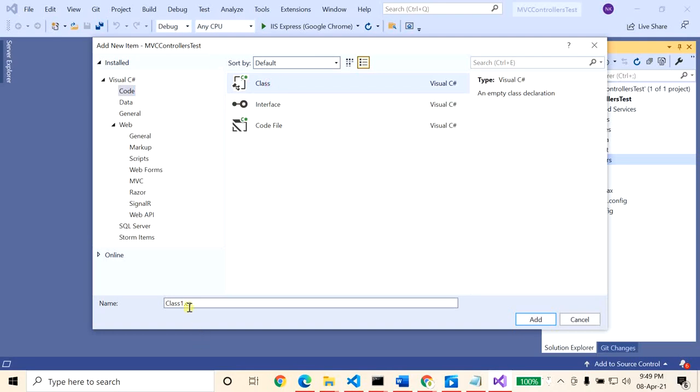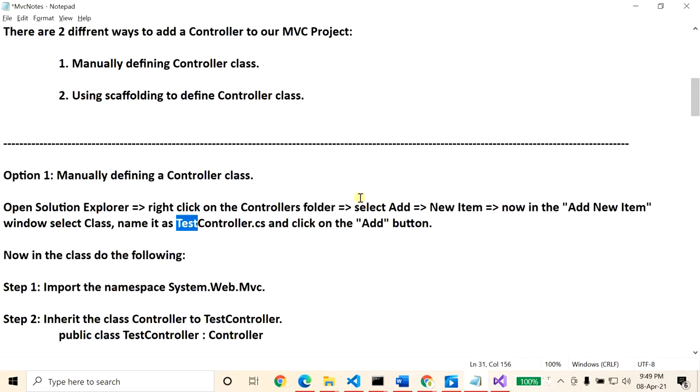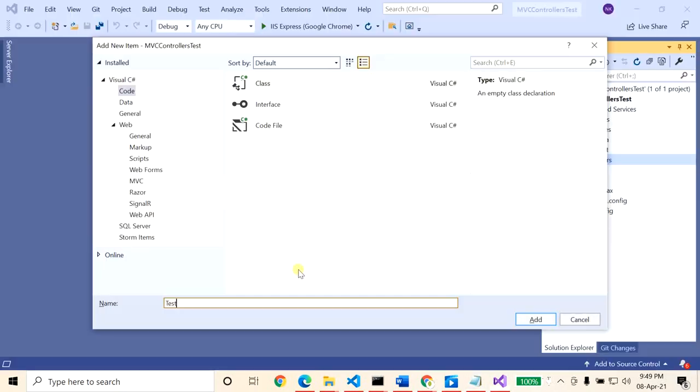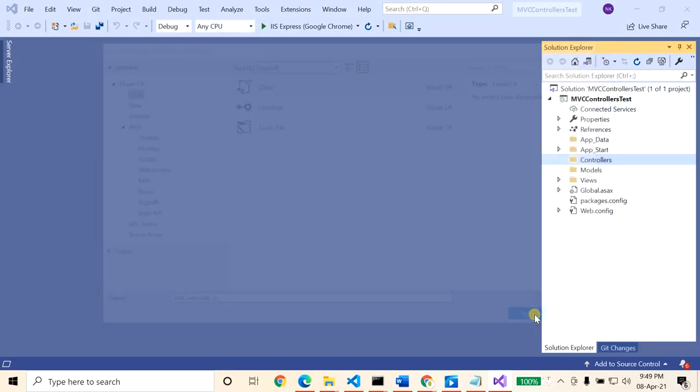Name it TestController.cs and click Add.